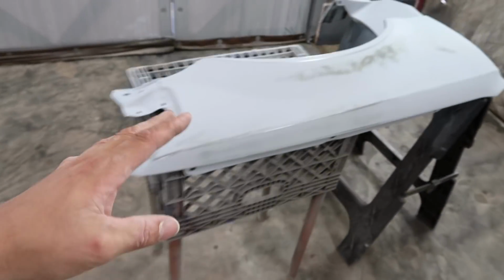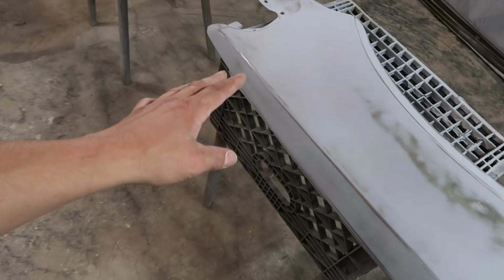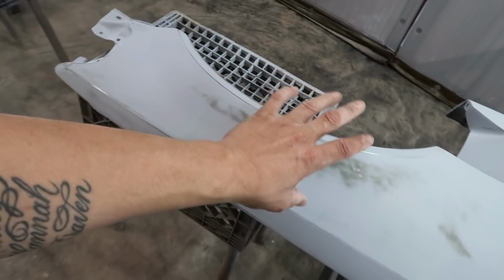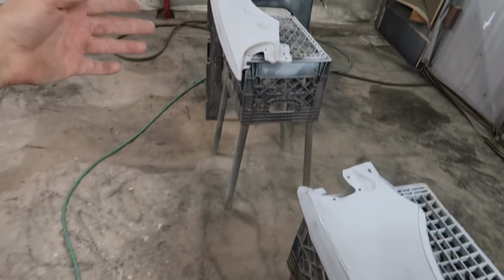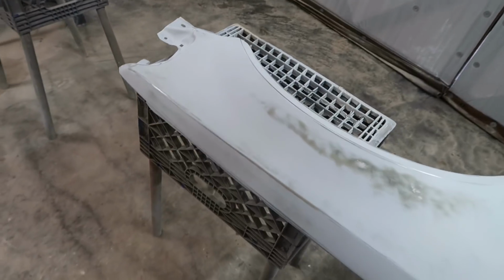I still need to lightly blow them off, get any dust off, and use our tack rag once again. And then I'm gonna flip these over upside down, and spray the backside with a coat first, and then probably let them sit for a good 20 minutes or so, then flip them back over, and then we'll do 3 coats on the actual face of them. And we'll at least have the doors and the fenders sprayed today, and then tomorrow I can work on clear coating them, and then I gotta finish getting the bumpers ready. My bumpers aren't even ready for spraying, so